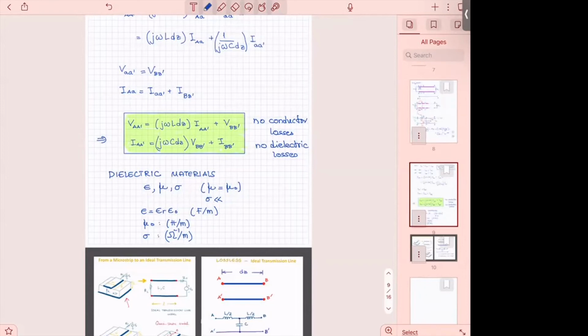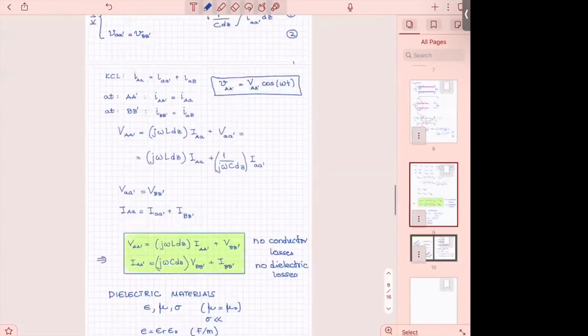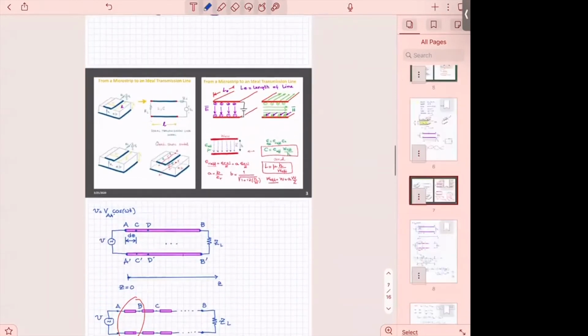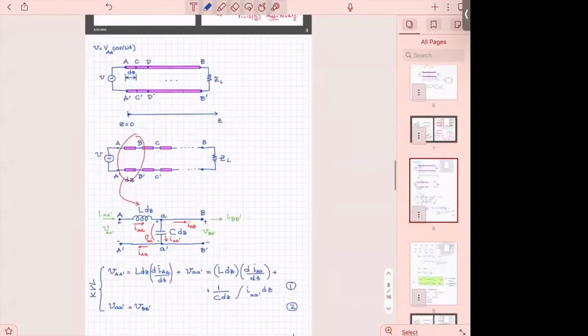And why is this important? Because if you have free electrons in the material, not only are you going to have charges here, but you're going to have charges moving through. If you have charges moving through, you're losing charges from up here. So practically, it's like you have a conductance and a current flows, all right? So that's from the dielectric. So if you have losses in the material,